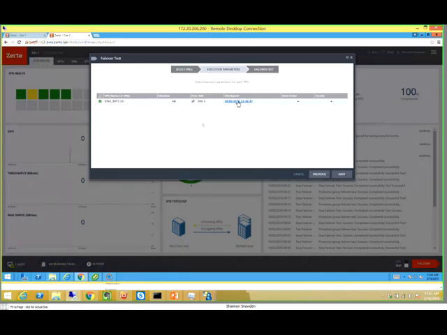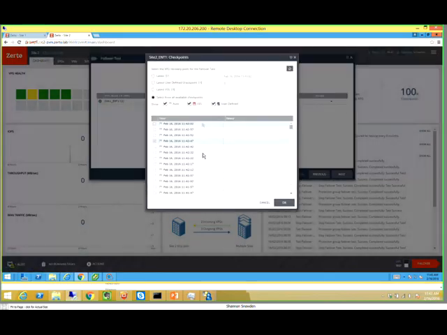So here's the checkpoints. On this one, I think this is a 4-hour journal. So I could go back to